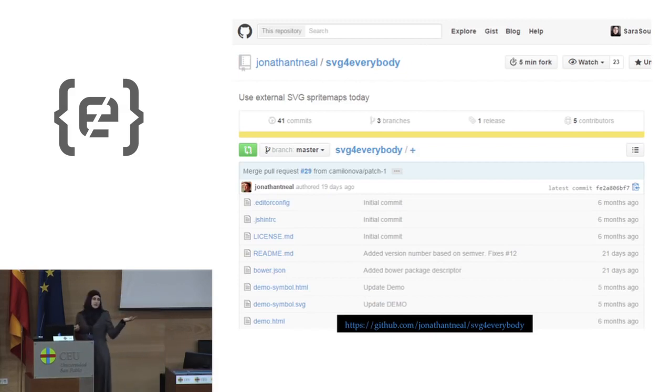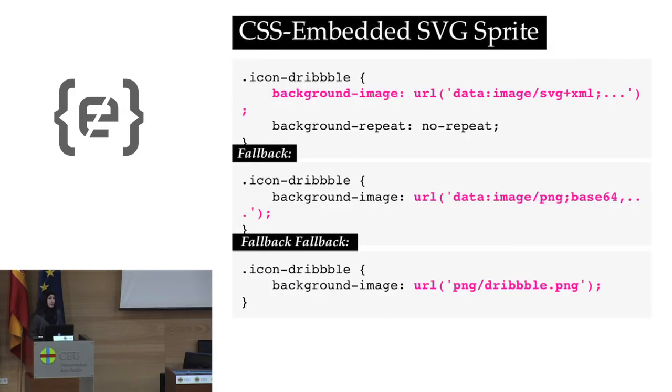So this plugin is really great if you want to use it. All you have to do is have the SVGs and the PNGs at the same time, and you can create your SVG sprites with ease. Another way to create SVG sprites, this is the last point by the way, is, instead of creating the SVG sprite inside the page, just like we did before,